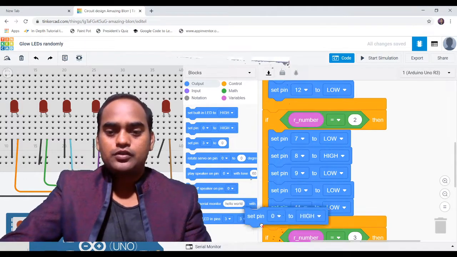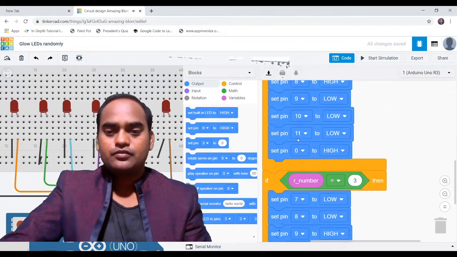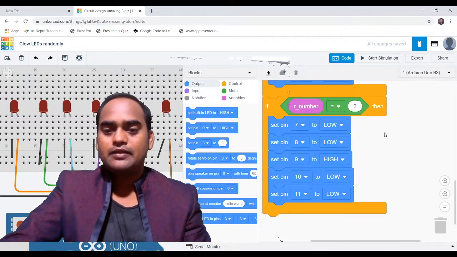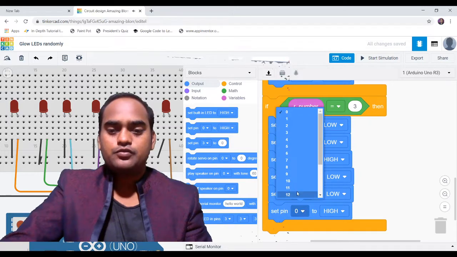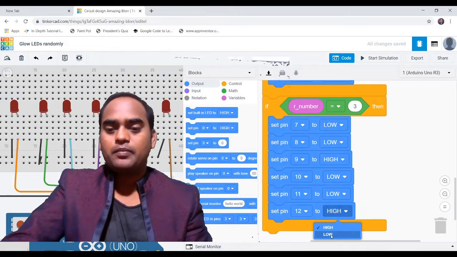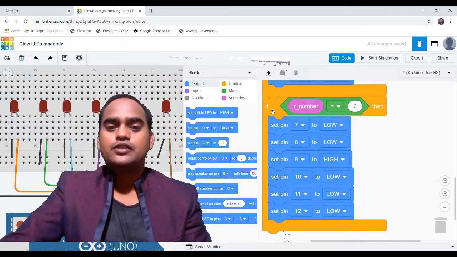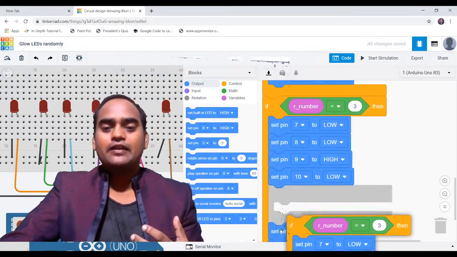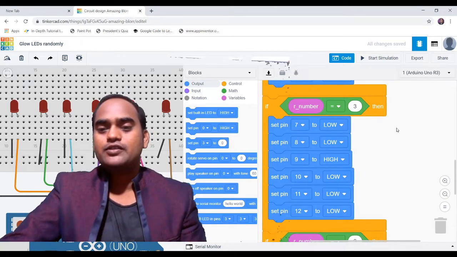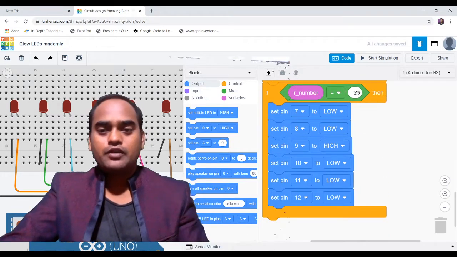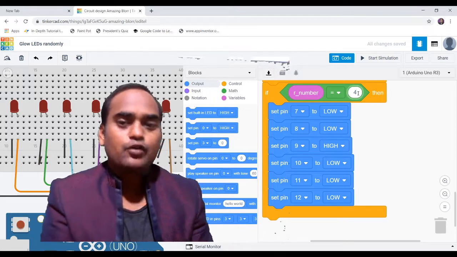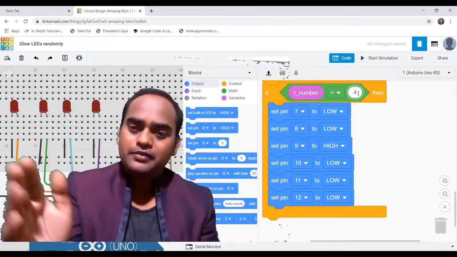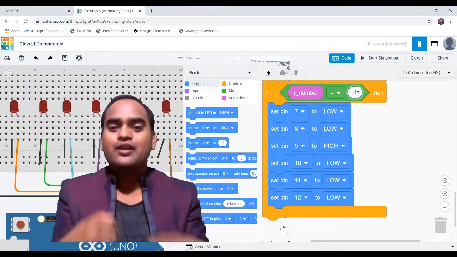Okay, so I'm going to drag the pin block. For 12 also we have to give a condition. For 12 as well, low this time. Here as well, pin number 12 is supposed to be low according to our plan. Okay, that's fine. Let's give the instruction of what to do if Arduino has generated 4 as a random number. Here we'll make the change and write 4 so that Arduino can compare two numbers: the number that we have given and the number that Arduino is going to generate randomly.